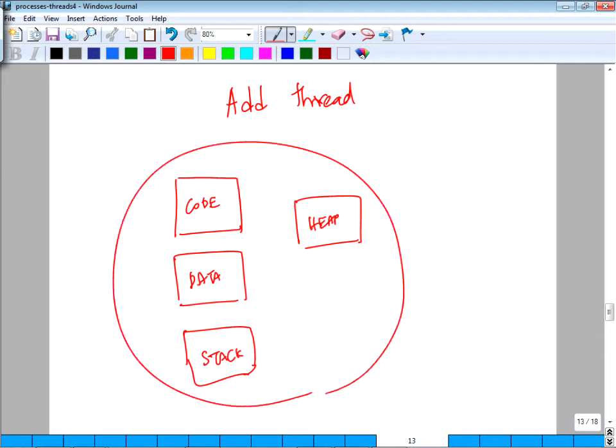So into this we are adding a thread. So what is duplicated? This is there for one thread, because by default every program automatically has one thread of execution.